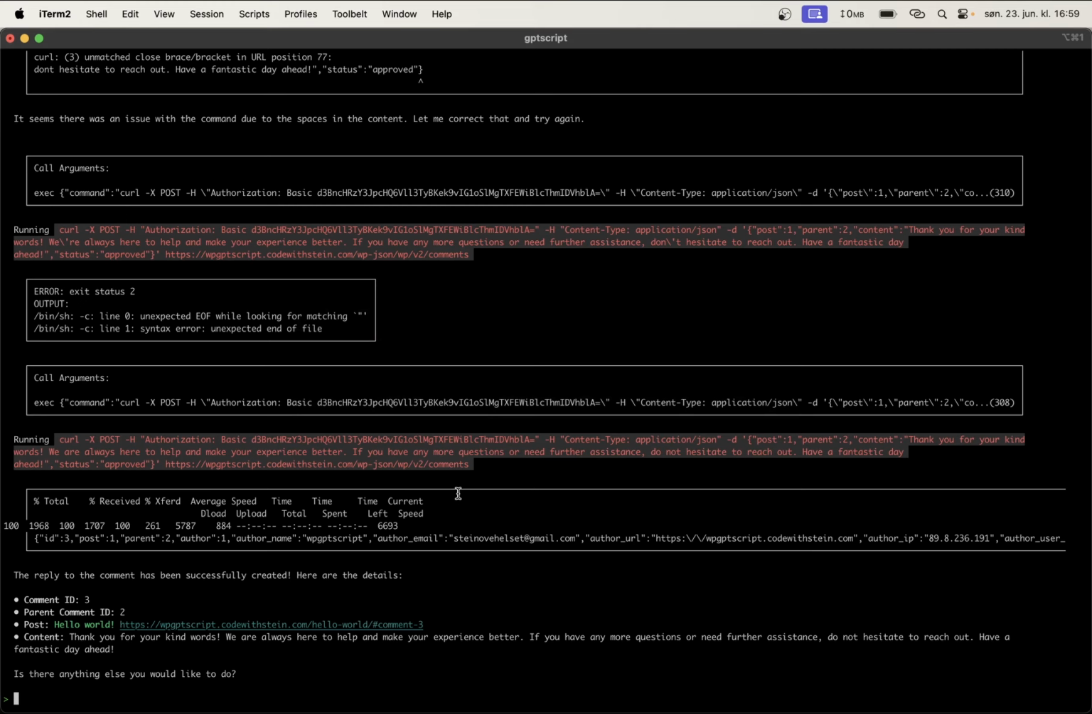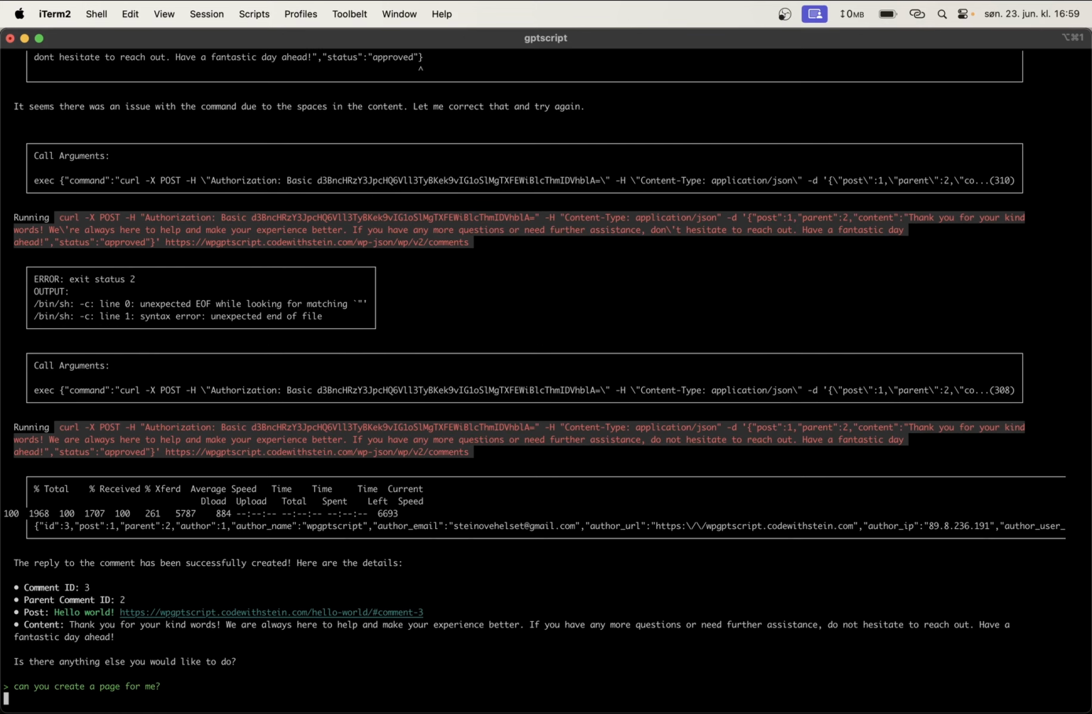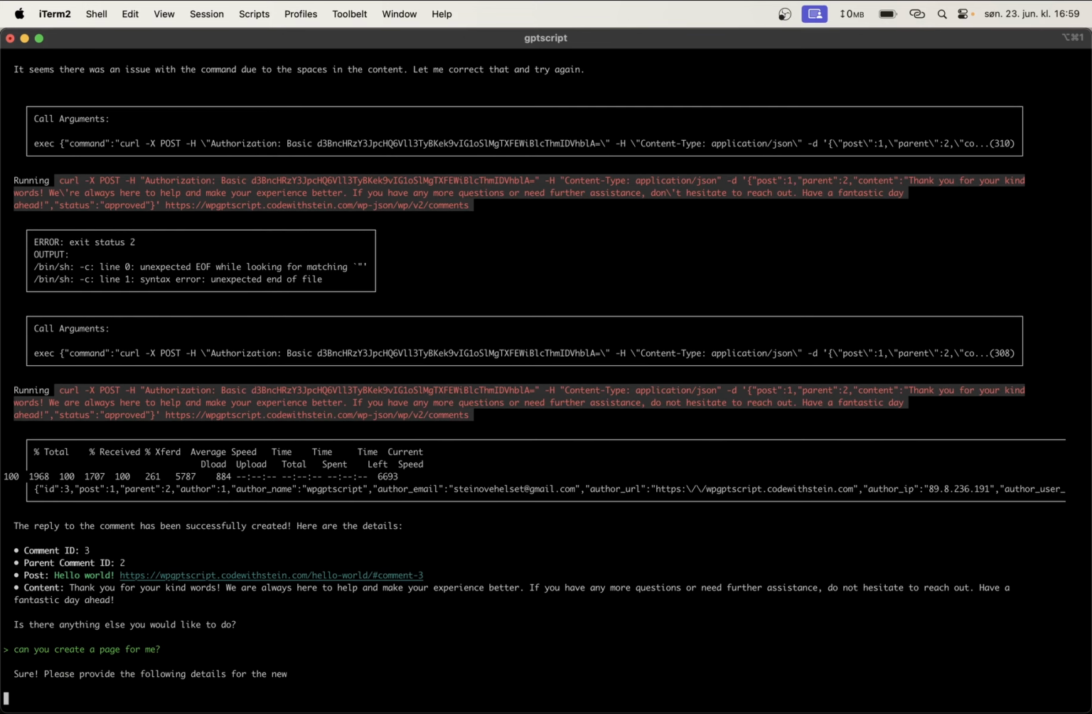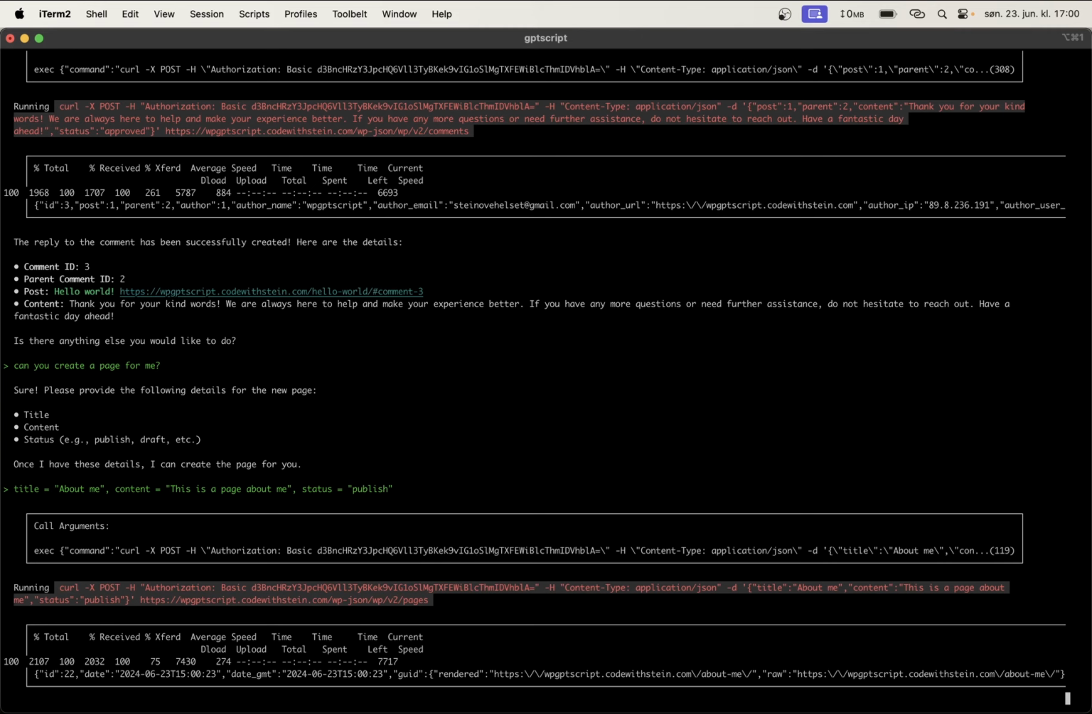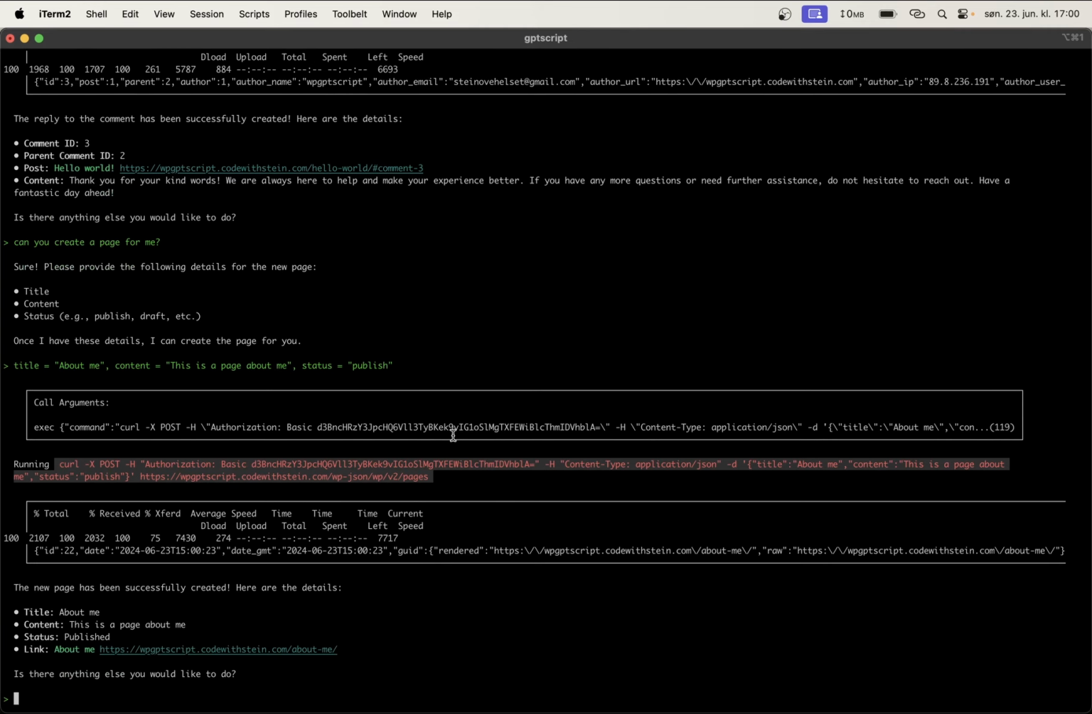We can also create pages that can be added automatically to the menu. For example, by saying, can you create a page for me? Sure, and now it just says that, okay, I need to provide the title, the content, and the status. Title equals about me. Content equals, this is a page about me. Status equals publish. So now it seems like it understood how to actually post to the API, because now everything